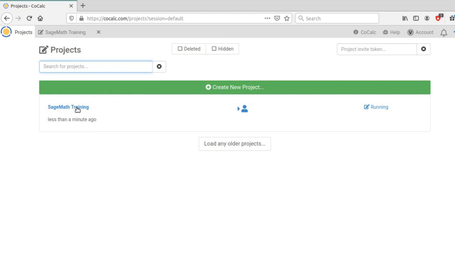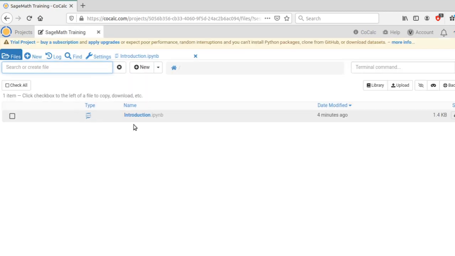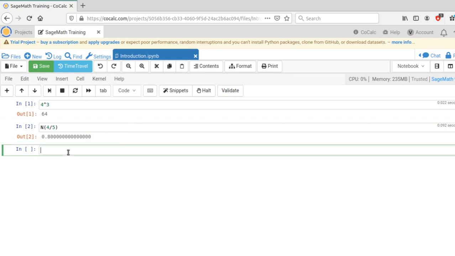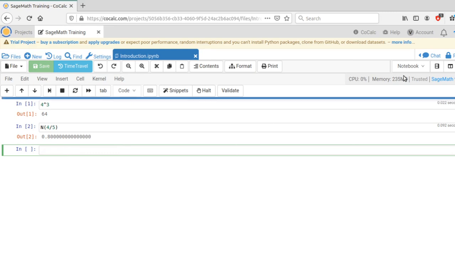I'm clicking on that. Now I am seeing this introduction IPython notebook, which is the Jupyter notebook created for the training in SageMath. Clicking on that. So whatever I have done previously, I can see it here. So this is how we use the CoCalc web server, cloud-based SageMath web server, for performing computations in SageMath online.